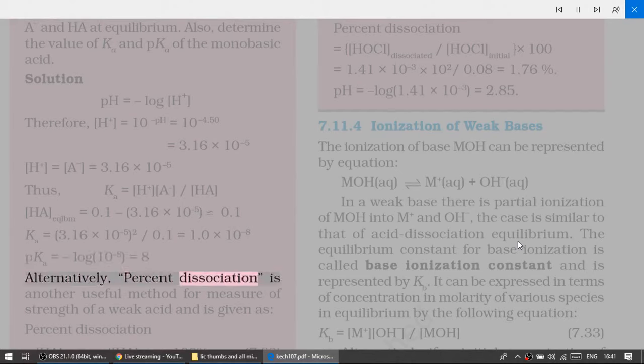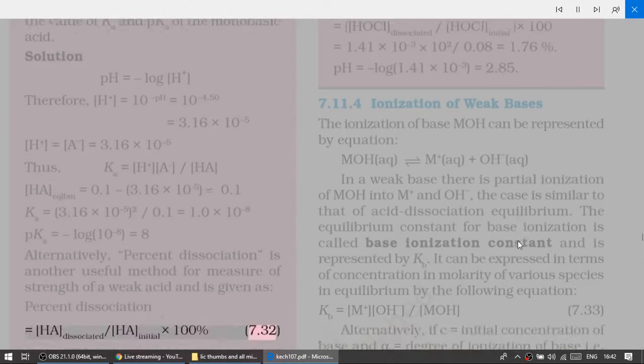Alternatively, percent dissociation is another useful measure of the strength of a weak acid and is given as: percent dissociation = [HA] dissociated/[HA] initial × 100%. (7.32)